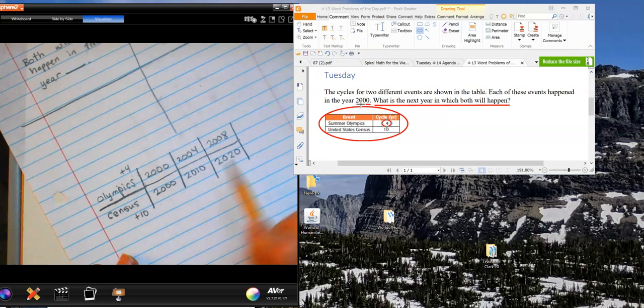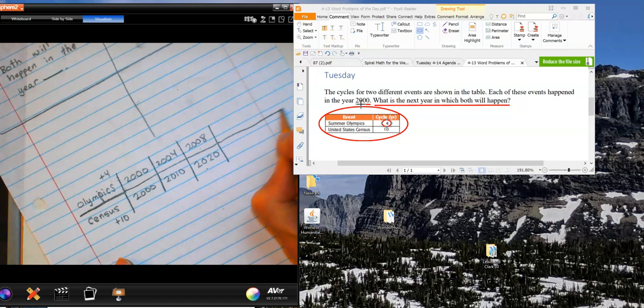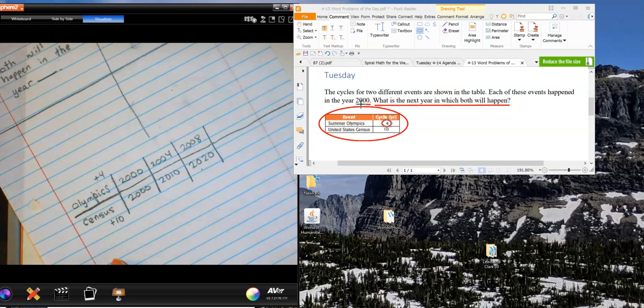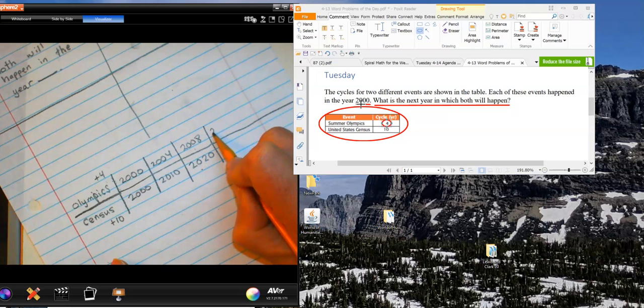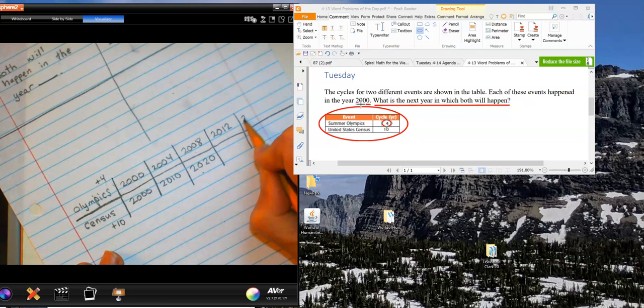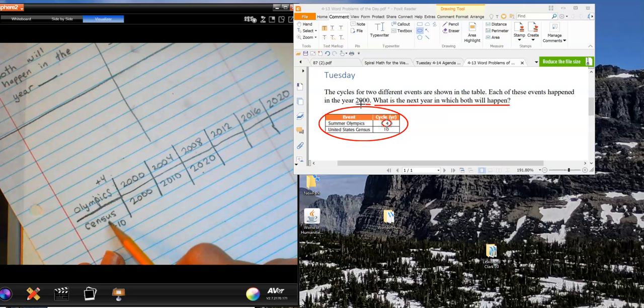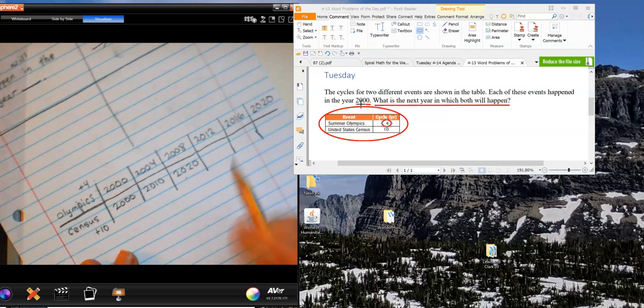Now, because I've already got up to 2020 here, but I'm only at 2008 in the Olympics, I'm going to keep going with the Olympics until I get to either 2010 or 2020. If I need to add more to the census, I will. So I'll go +4, 2012, +4 again. The Olympics happened in 2016. And now I'm adding +4 again, and I'm at 2020. So I don't really have to add any more on the census because now I found the year, which is this year,